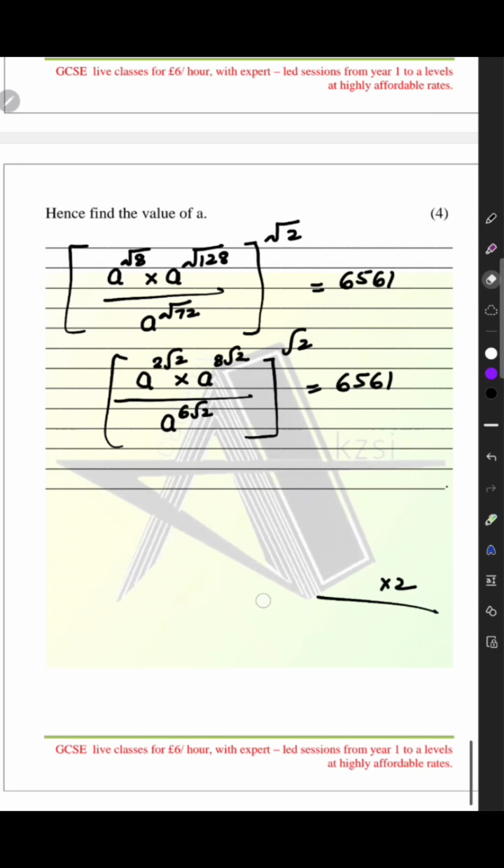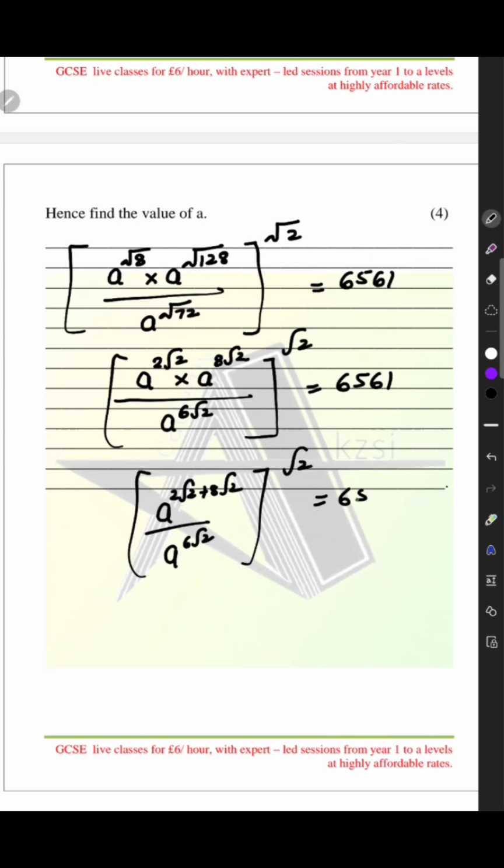Now we know basic indices. If you are multiplying two indices having the same base number, the power gets added. Remember, it has to be the same base number, the power gets added. So a to the power of 2 root 2 plus 8 root 2 over 6 root 2